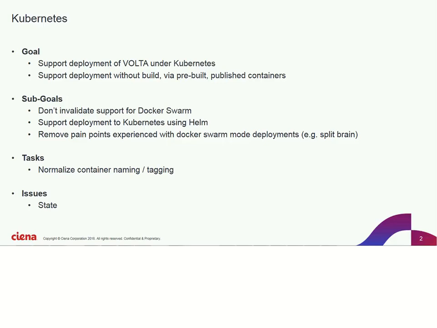We have tested it in our environment, and they work well. And the good news is, with Kubernetes, the split brain problem is gone. We don't see that, so that's pretty good. The other thing that we are doing with Kubernetes at this time, we're looking at issues that we have seen with Docker Swarm mode, and one was the split brain problem, and we're trying to see how they behave in the Kubernetes cluster.